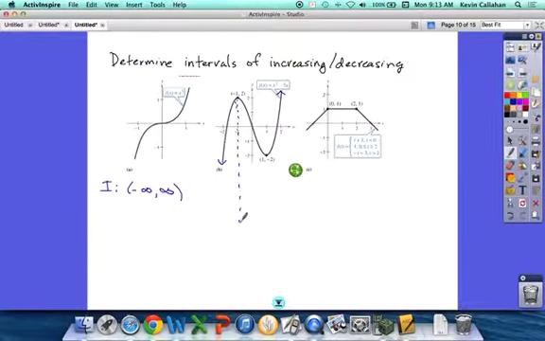this interval to the left of that dashed line, it's decreasing, right? What's the left side of that interval? Since it goes on forever to the left, negative infinity, right? And then where does it stop decreasing? -1. X equals -1. Don't say -1 to negative infinity, because now you've switched the order. These things always have the lesser number to the left. So that's a decreasing interval. Okay, now it's increasing